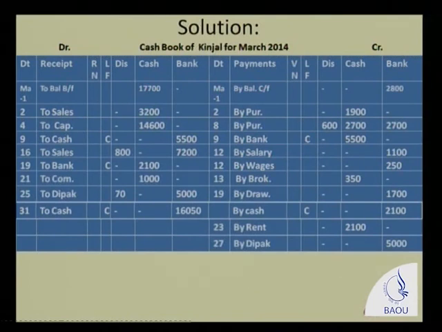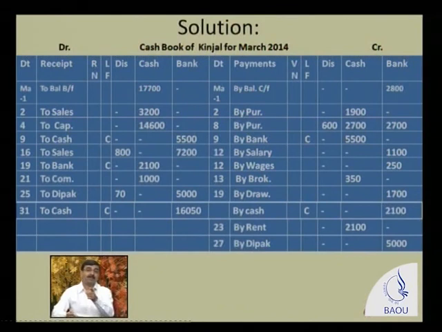Now see, dated 25th on the receipt side, the total outstanding was 5070, but the check we received was 5000 and we deposited 5000 in the bank. So 5000 rupees is written in the bank column, and 70 rupees is considered a discount we offered to Deepak. So the discount allowed is 70 rupees, written in the discount column. In front of it is written Deepak, and 5000 rupees is written in the bank column.